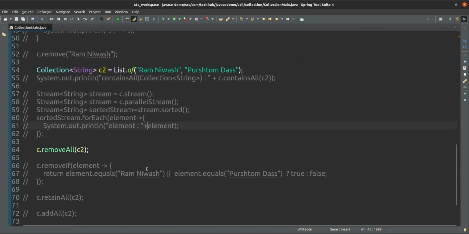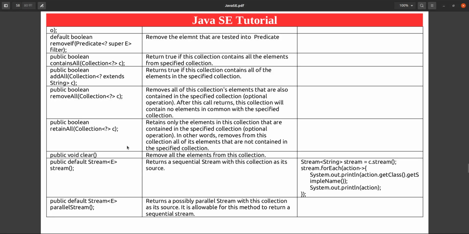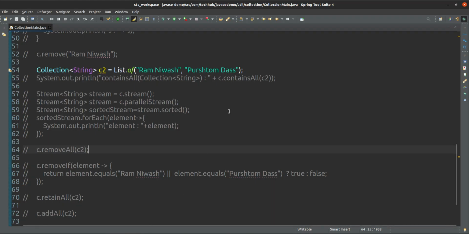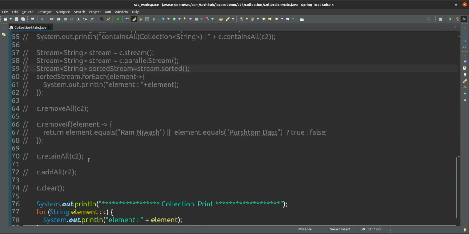Okay. Next one is retain all. Retain all means retain only, suppose.